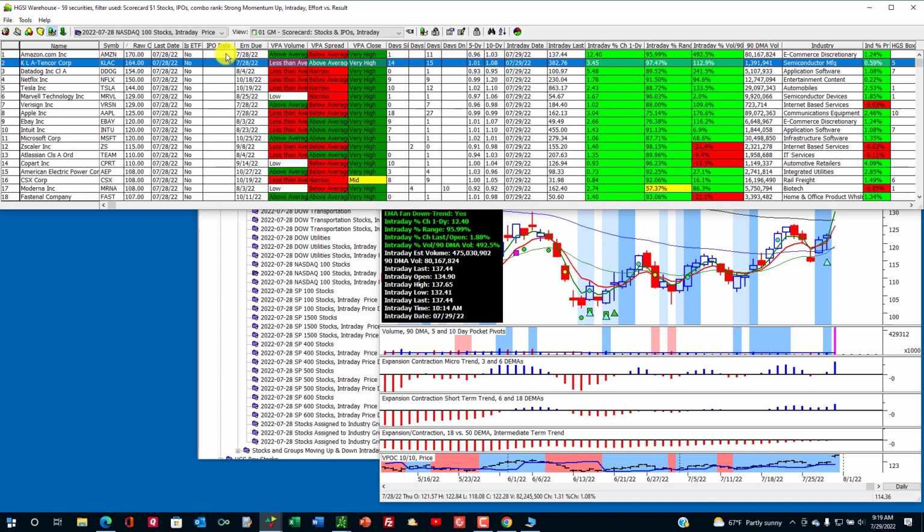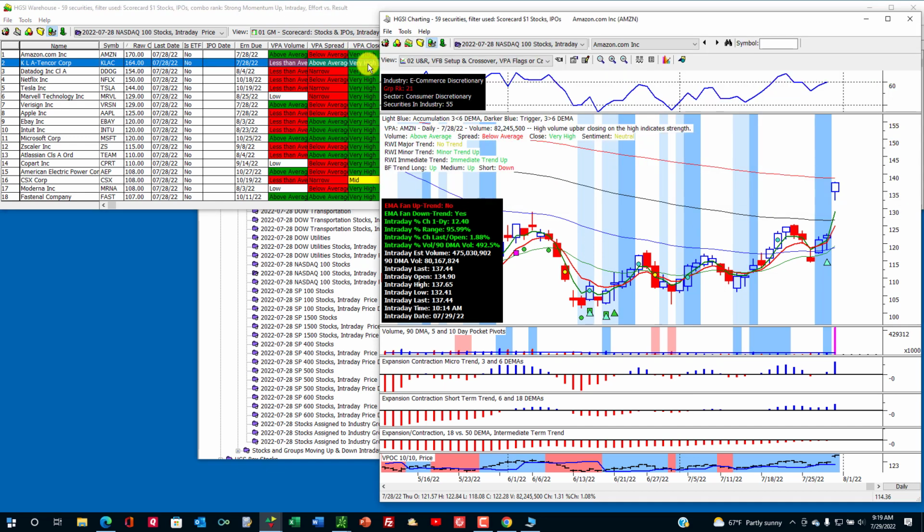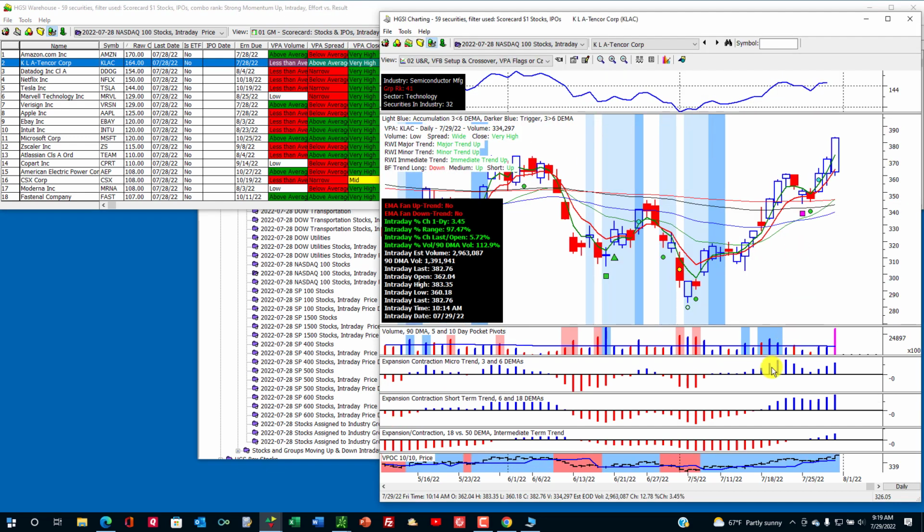Now KLA, Kencor, you can see looking at these columns that the 3 crossed the 6 15 days ago. 0 is always the crossover day, and the volume point of control, which is down here based upon 10 days, crossed 16 days ago. So I'm going to bring this chart up, and I'll put a crosshair on it with the alternate C,